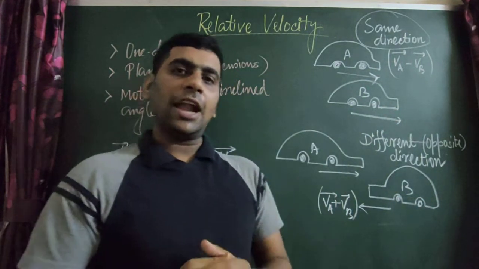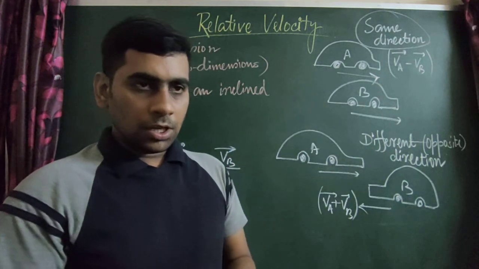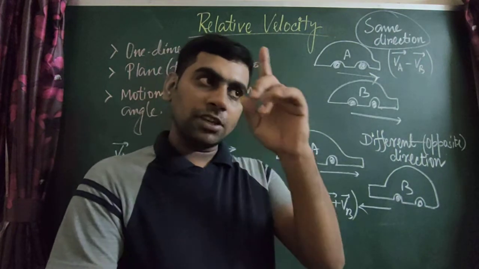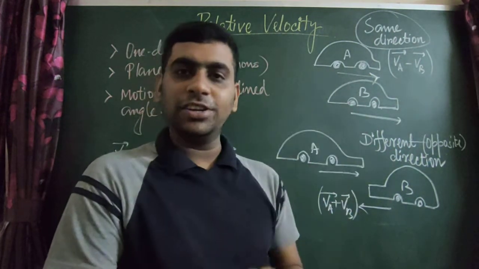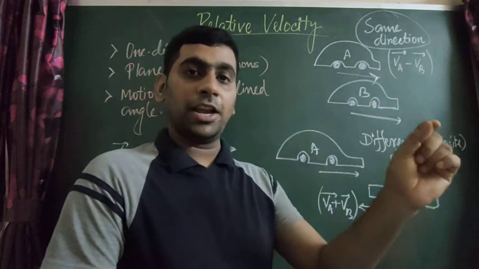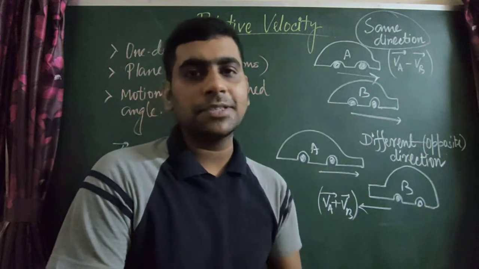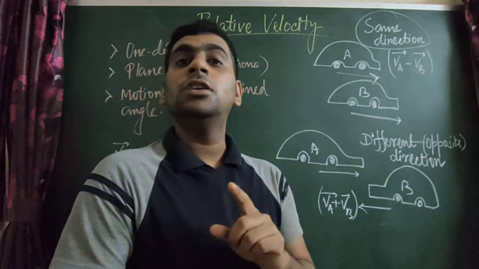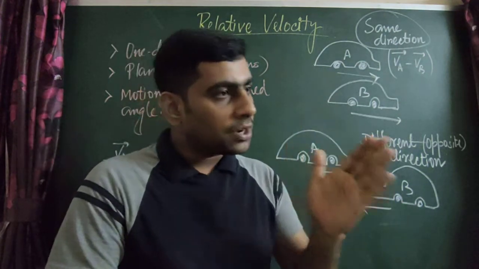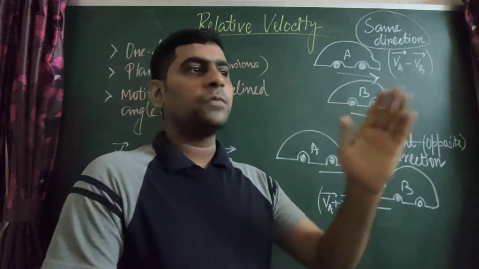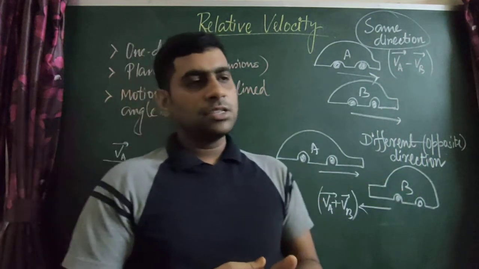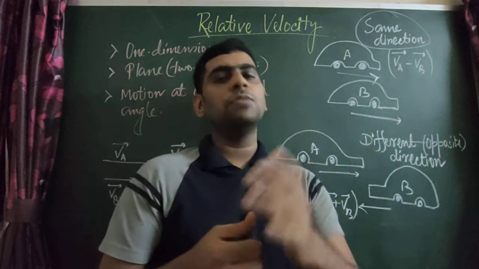Now consider that I start moving, covering 2 meter distance in each second along the same direction. Now the question is, will the velocity of the object with respect to me still be 5 meter per second? Obviously not. Why? Because as I move in the direction of the object with a speed of 2 meter per second, the relative velocity between us will be 5 minus 2, that is 3 meter per second.